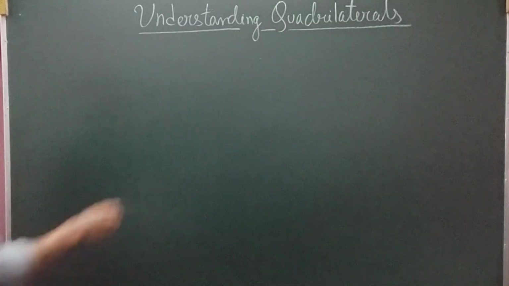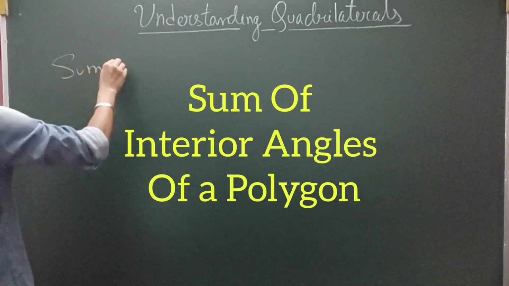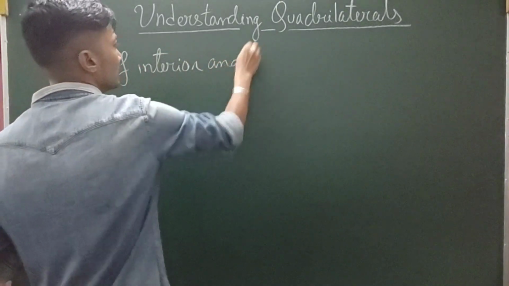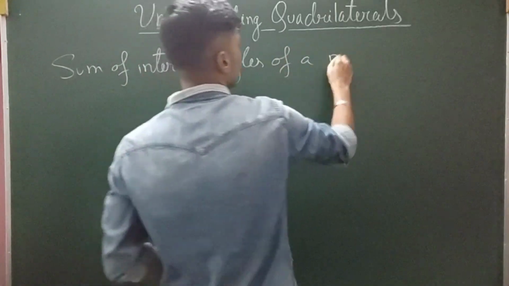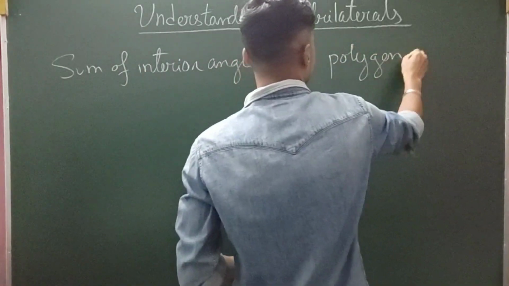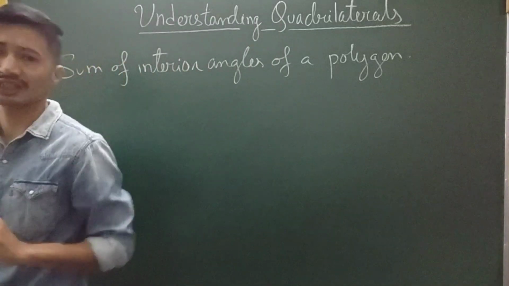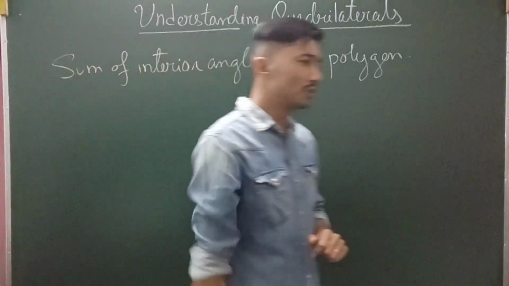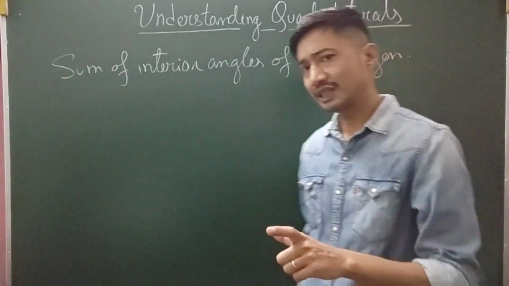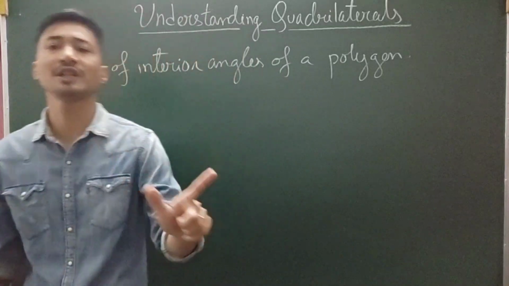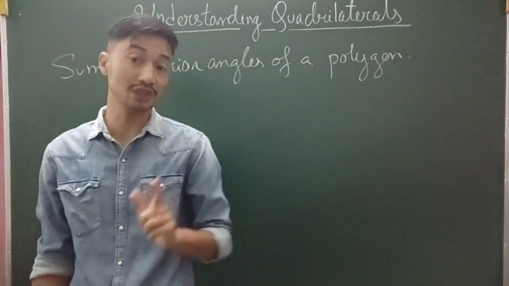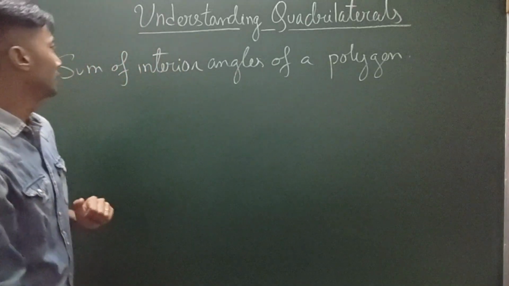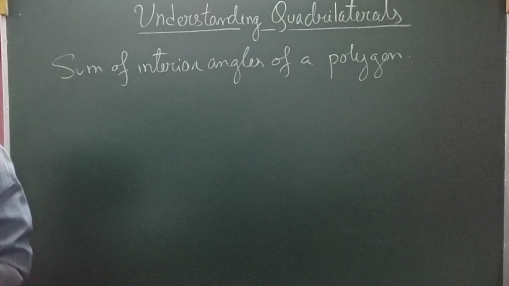The first topic that we are going to be doing today is sum of interior angles of a polygon. What was a polygon, by the way? Polygon is any figure which is having sides joined by straight lines. Isn't it? So that's why we have these different kinds of polygons. I tell you, you go through these videos properly, serially, systematically, you will never have any more problems in quadrilaterals, guaranteed. But yes, you also have to practice and work hard. Okay. So today the first topic we're going to be studying is